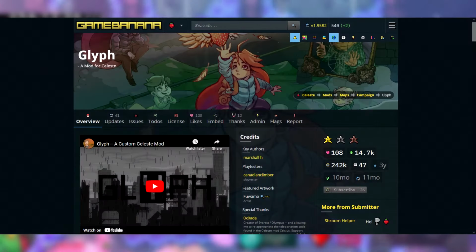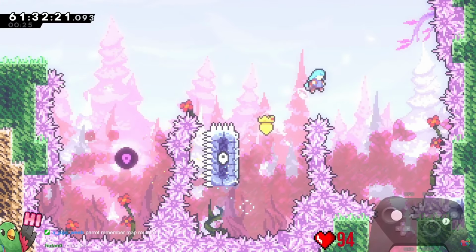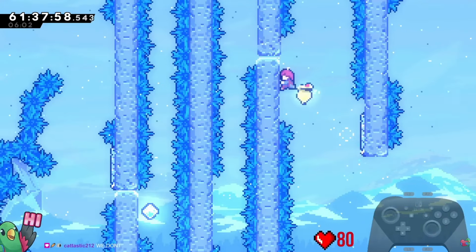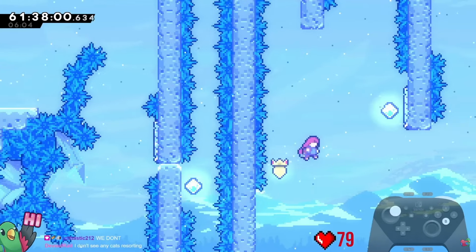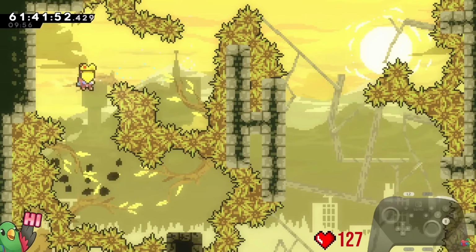Next up is Glyph, which released back in early 2020 but still to this day is one of the nicest and most polished looking maps out there. It's a relatively short campaign that averages around Farewell's difficulty. It has a very beautiful atmosphere and some really nice custom made music. This is personally one of the first mods I ever played